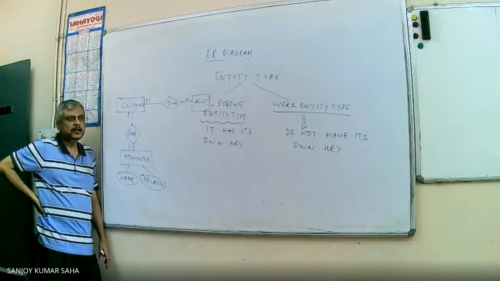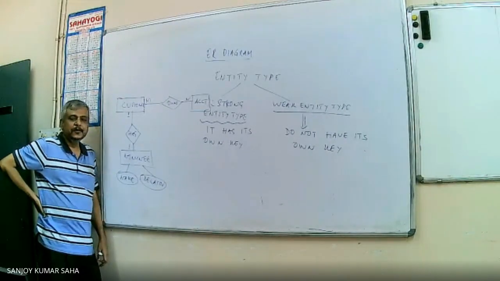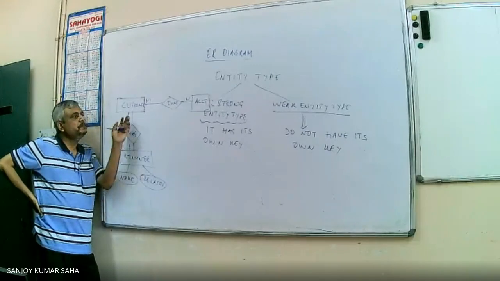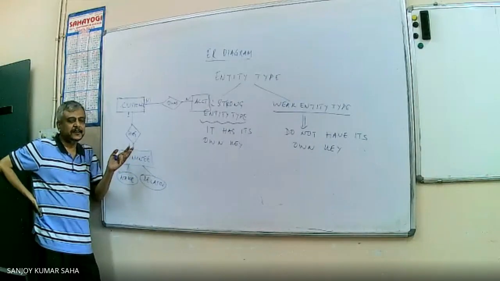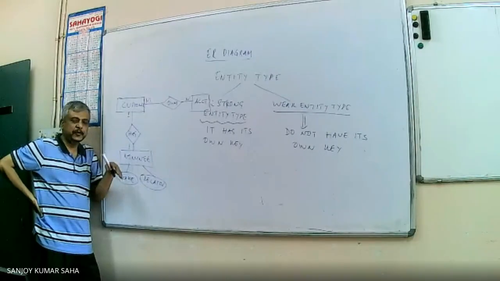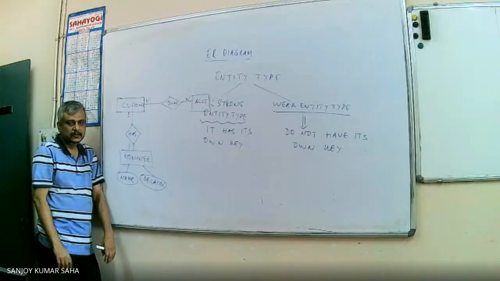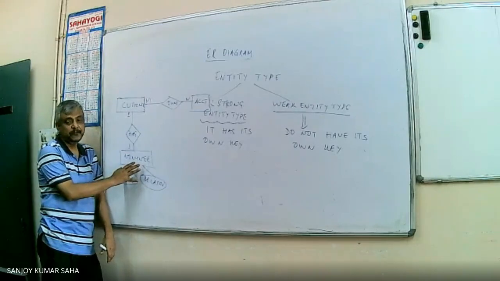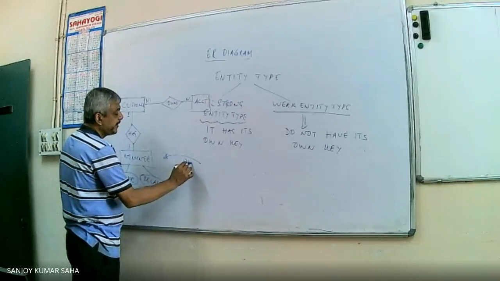See, I can remember there was a student who was one year senior to me, used to stay in the hostel, having the same name. So if his father maintains an account, keeping him as the nominee, and my father maintains an account, keeping myself as the nominee, so we have the same name, same relation. So it doesn't have any primary key of its own. Then this is a weak entity type.